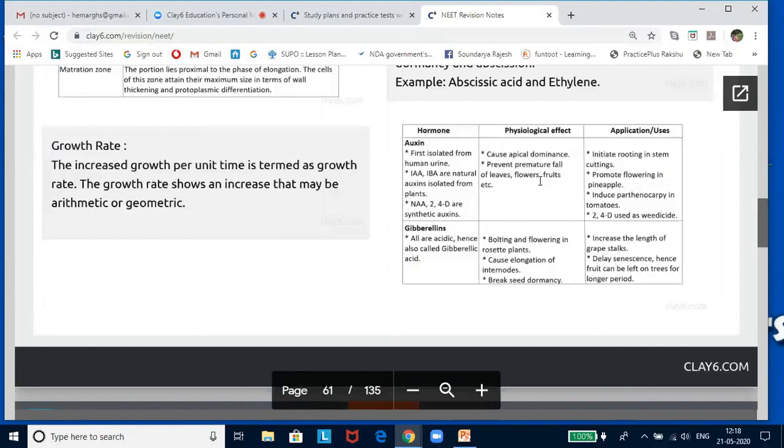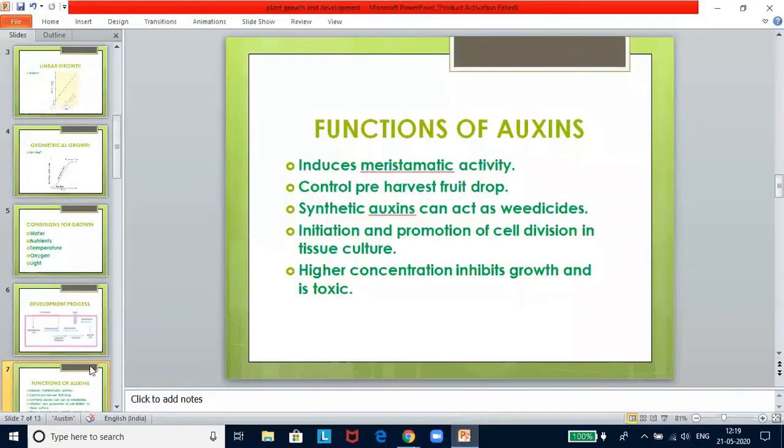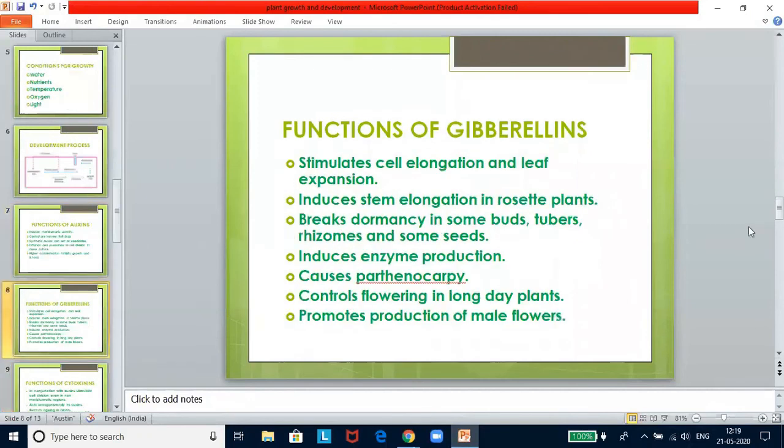These are denoted as GA1, GA2, GA3, that is gibberellic acid 1, 2, and 3, and so on. However, GA3 is one of the first gibberellins to be discovered and remains the most intensively studied form. The major sites of gibberellin production in plants are embryos, roots, and young leaves near the shoot tip. Now let us look at the functions of gibberellins. Gibberellins stimulate stem elongation and leaf expansion but have no effects on the roots.